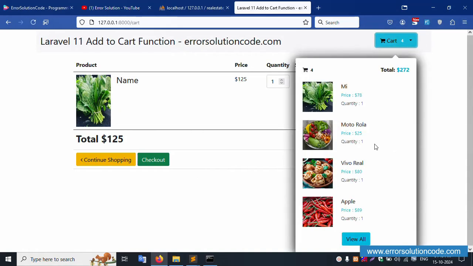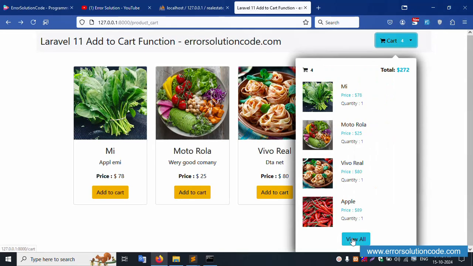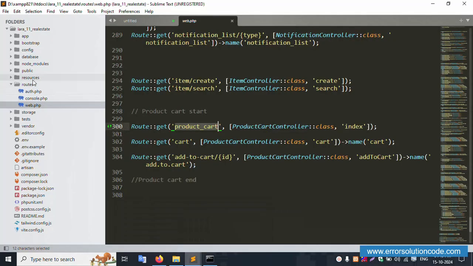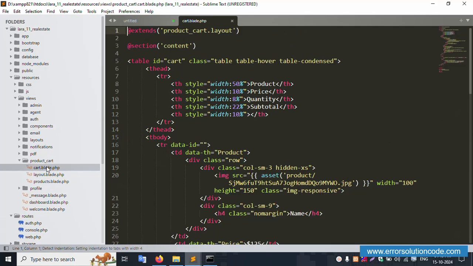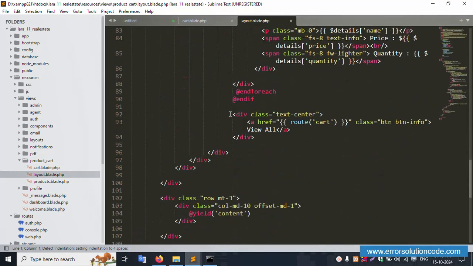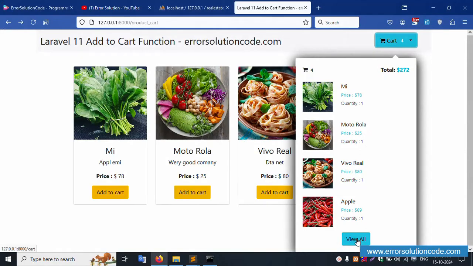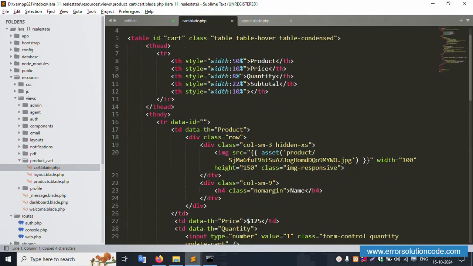Let's go step by step. The for item implementation is inside this show. First of all, let's implement this button. Let's check the cart file. Open the route in web.php; inside it is the product cart, and the layout inside this is available in view all. This is the view all button. This is a cart, the same here, cart, and the cart file is available with the same